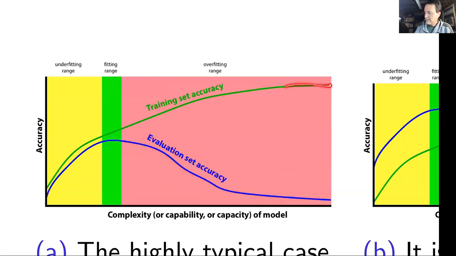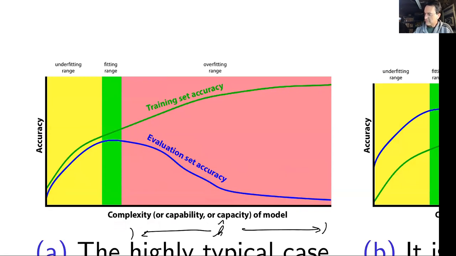So even though the training set accuracy keeps getting better, if we keep increasing the complexity of the model, the evaluation set accuracy is going to get worse. And so overtraining is basically anywhere you're in the red zone, right? So in the red zone, let's say you pick an H prime here, that's right, an H hat. So here's H hat. If we choose some H hat, which is in this region,